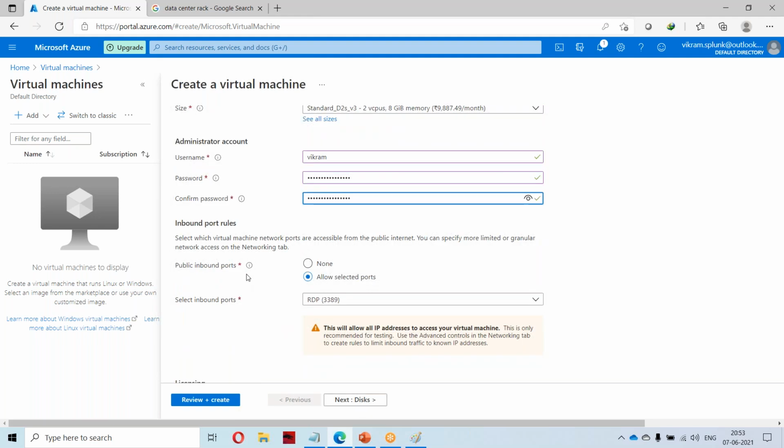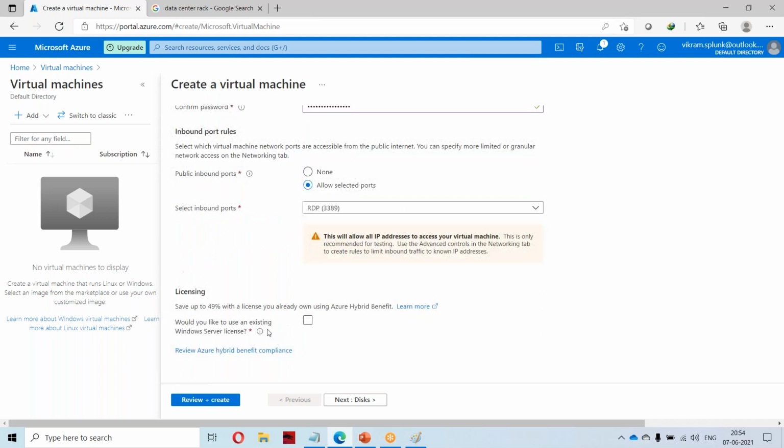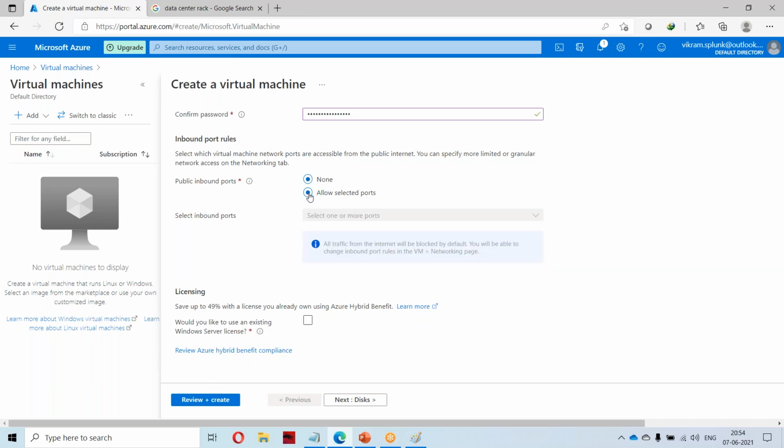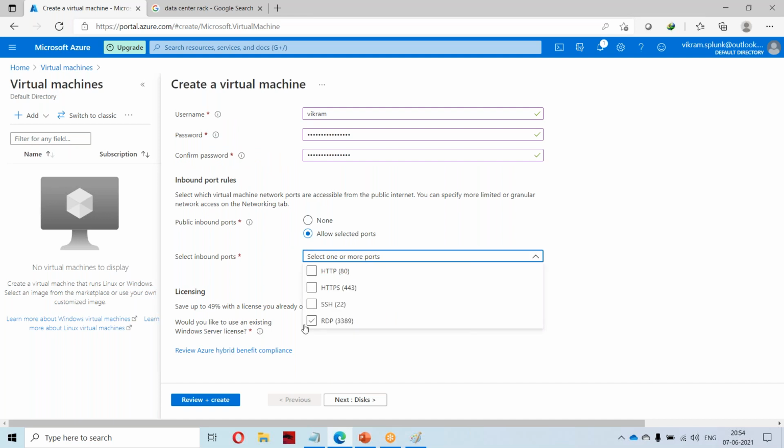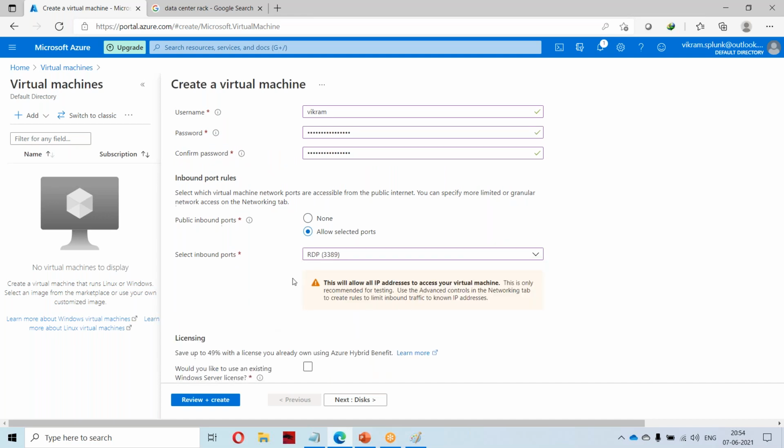As I mentioned, there will be inbound ports. It allows HTTP, HTTPS and RDP. I am allowing only RDP, which means using RDP I can do MSTSC and log into that machine remotely. If I select none, I can't log into the machine I have created. So I'm selecting the RDP port.